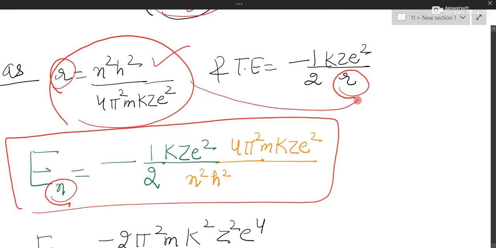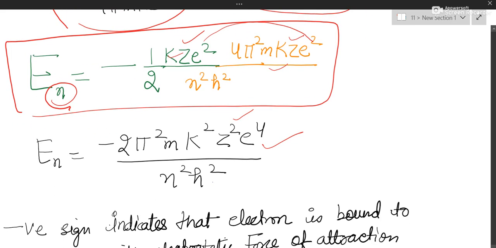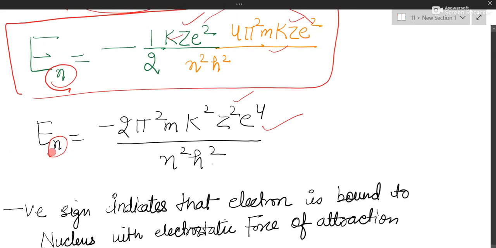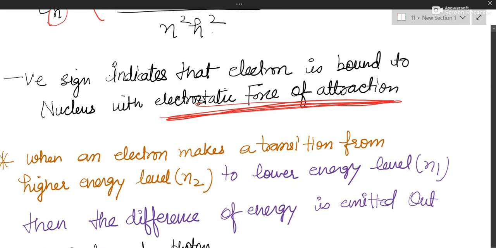You can simply substitute it here using mathematics, and that's all. If something is getting multiplied, for example, E square into E square, that will become E4. Z into Z will become Z square. Similarly, K into K will become K square. So these things you can write. This is the energy of electron in nth shell. Now what is the meaning of negative sign? Negative sign always means the forces are attractive in nature. Attractive forces are involved. Obviously, nucleus and electron are attracting each other.